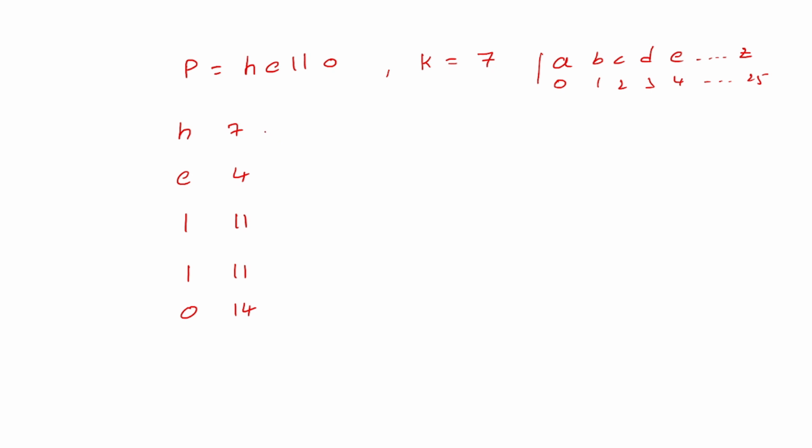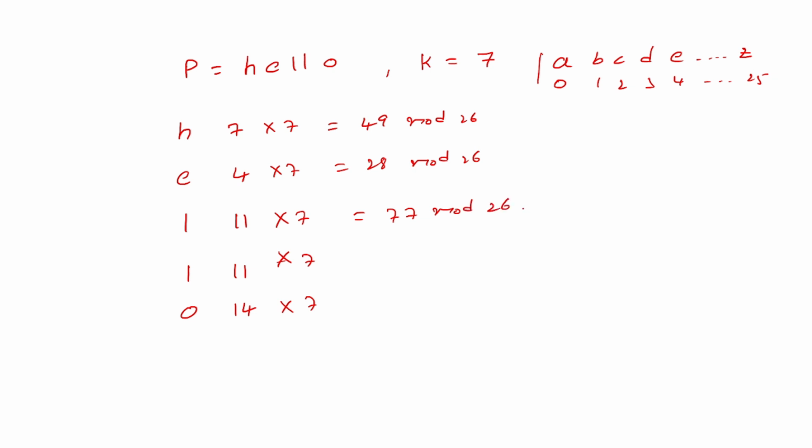So 7 times 7, 7 times 4, 7 times 11, 7 times 11, 7 times 14. So 49 mod 26, 28 mod 26, 77 mod 26, 77 mod 26,